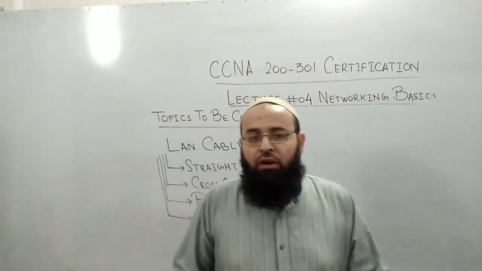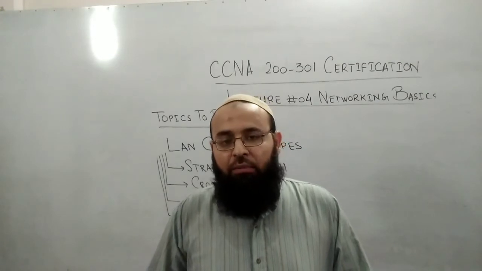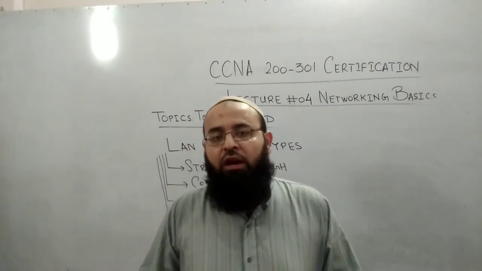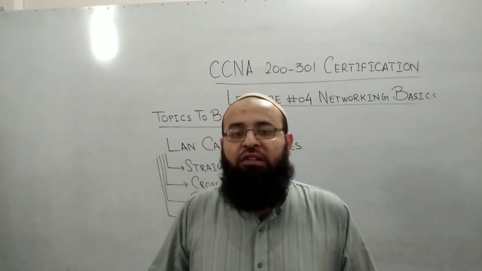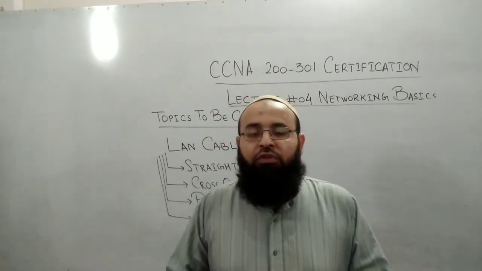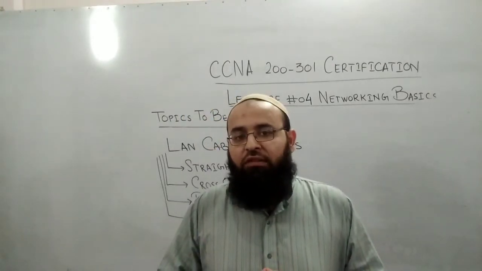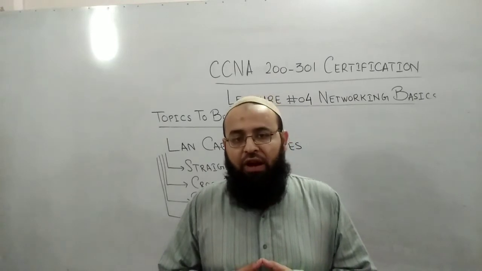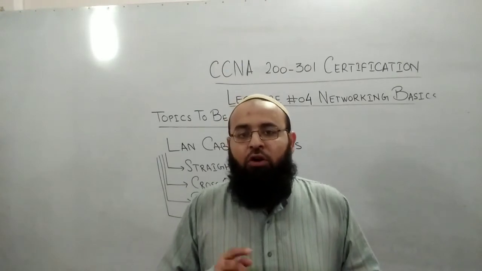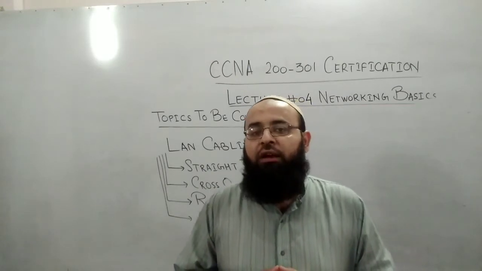Before starting our topic, one thing we should bear in mind is that all the LAN cables are basically 8 wires cable, or we can say that there are 4 pairs in a LAN cable, and all the LAN cables are basically UTP. UTP stands for unshielded twisted pair. If you peel off a LAN cable, then you can see that there are 4 different pairs of wires: blue, blue white, green, green white, orange, orange white, and brown, brown white. And these are basically twisted over each other in order to cancel out the electromagnetic interference.